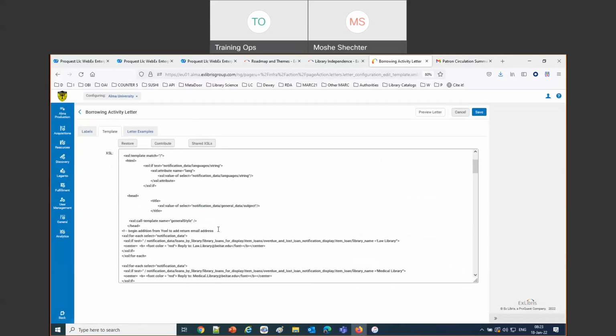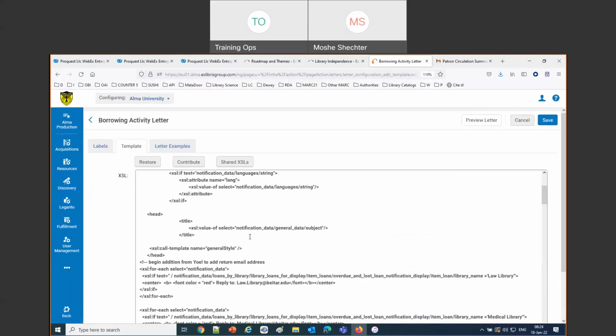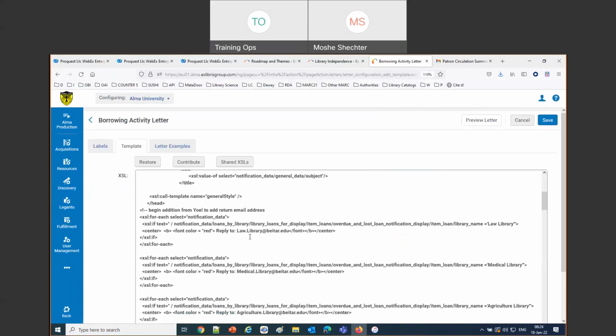now. Now is not the time to talk about how to play around with the XSL of letters. But suffice to say, let me make this browser larger so everyone can see. Suffice to say, by the way, in the PowerPoint, I've got the same example so you'll all see it. I'm going to uncomment this, or better yet, I'll comment it that way.